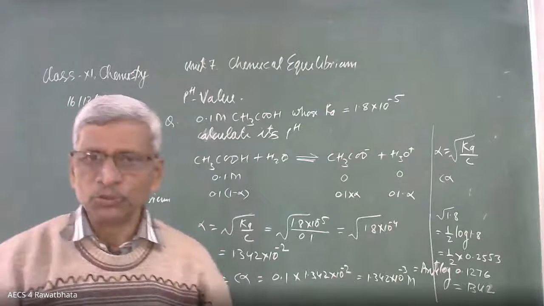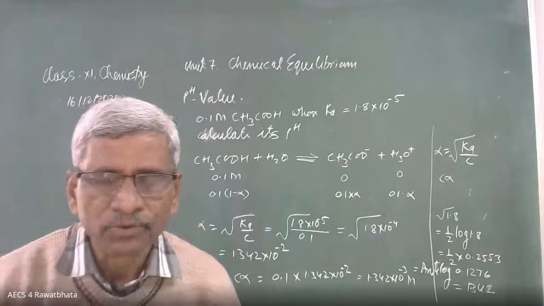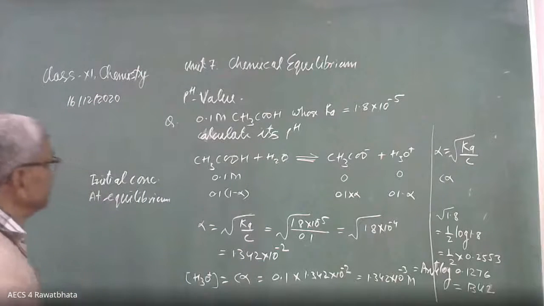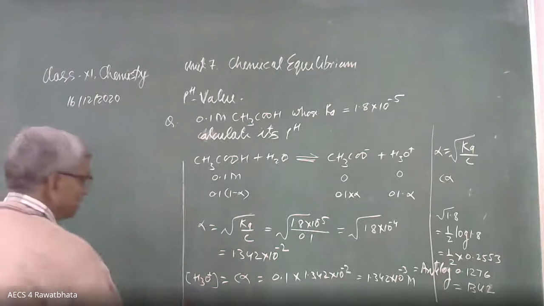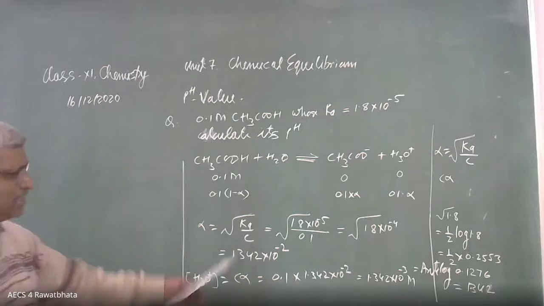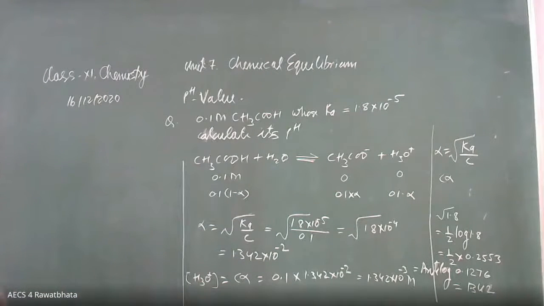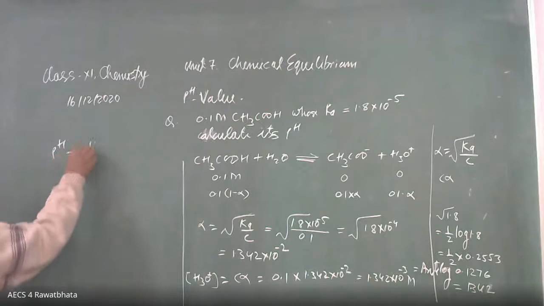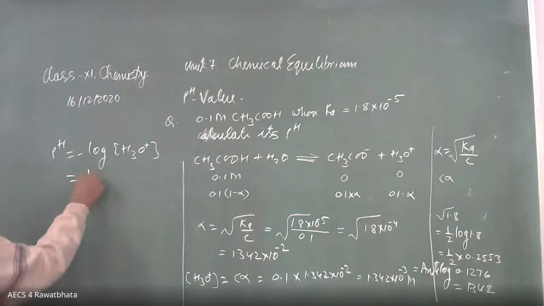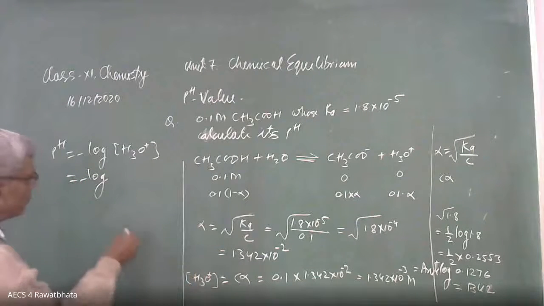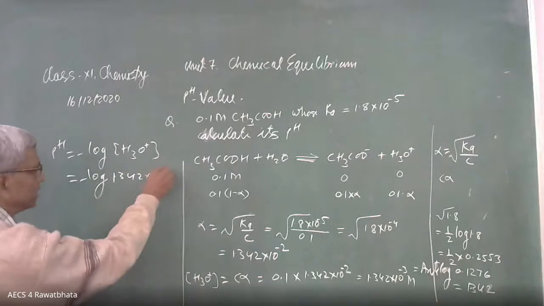We are able to use the log table. Yes, beta. This is equal to H3O, okay, yes, you are correct. Now come to the final calculation. Using a log table, this type of numerical is not difficult. Looking at it, it is somewhat difficult, but by remembering some formulas, we can solve it easily. pH is equal to minus log of H3O positive ion concentration. This is equal to minus log of 1.342 into 10 raised to power minus 3.